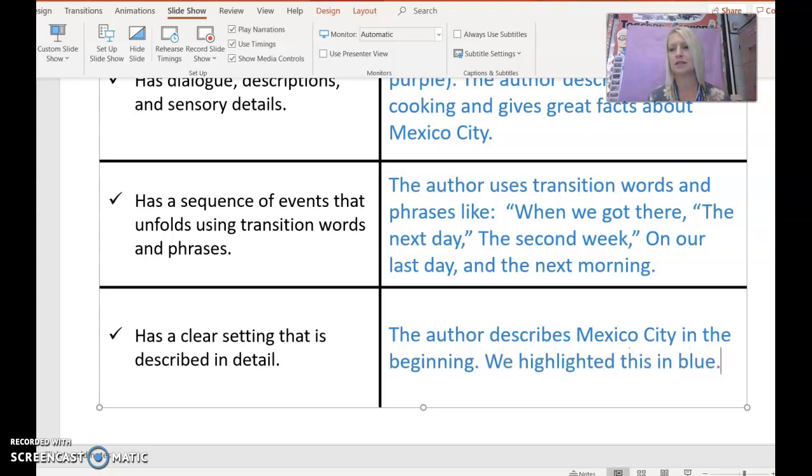Now, the reason I'm discussing these colors is because each week as we're doing lessons, we're going to be highlighting things in the types of writing that we're using. You're going to look back into your personal narrative and you're going to check and see if you've included thought and feeling sentences. You're going to check and see if you included dialogue. You're going to color yours purple as well. It's going to help guide us as we write.